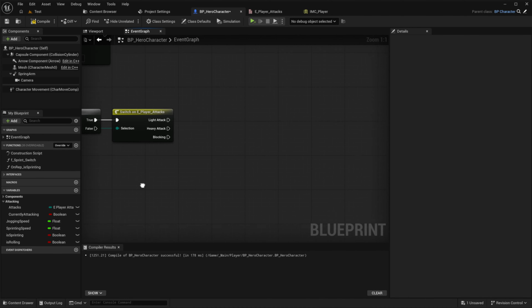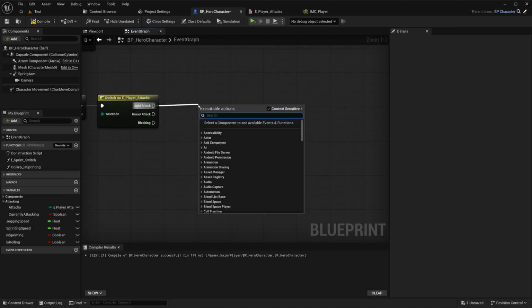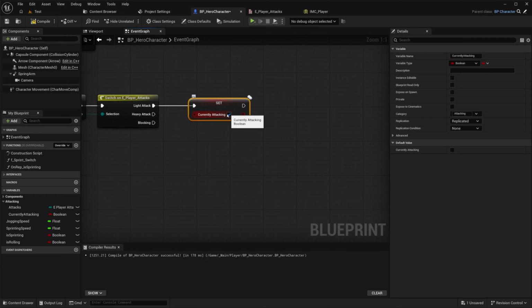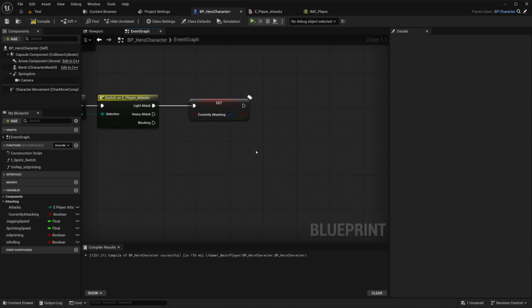Right. Now we need the logic for light attack. We just set attacking to true. Set currently attacking, we will set it to true. And afterwards, we want to call something like an animation montage and do the animation for that. Now we need an animation to play. Just go to the